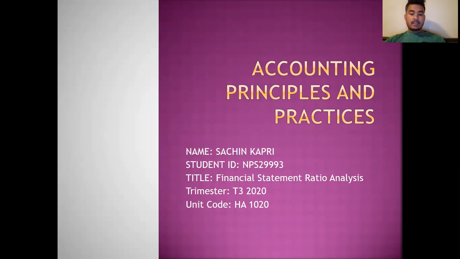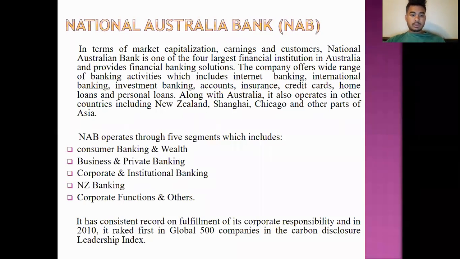NPS29993 and my title is Financial Statement Visualizes, and this is the third trimester with unit code SA1020. So according to the assignment, I have chosen NAB, National Australian Bank, as my company for ratio analysis. It is a well-known bank which operates in New Zealand, Shanghai, Chicago, and many